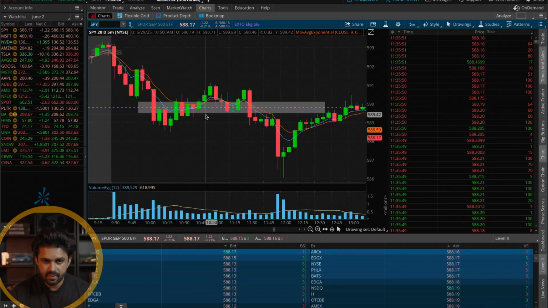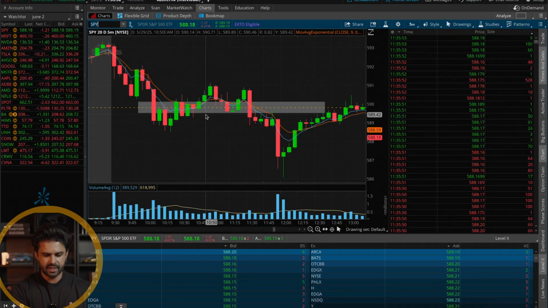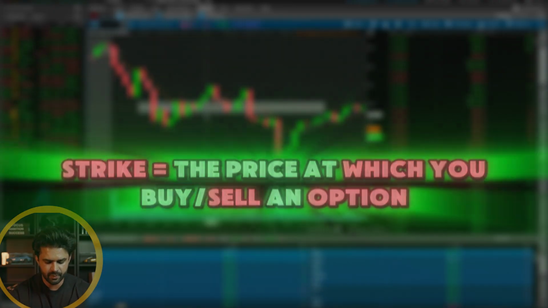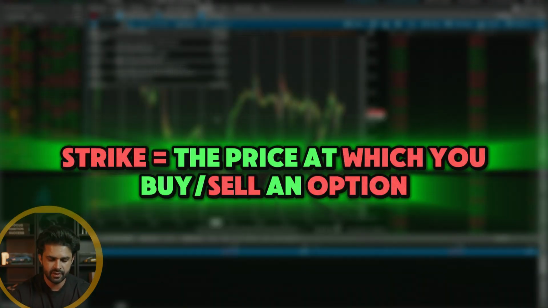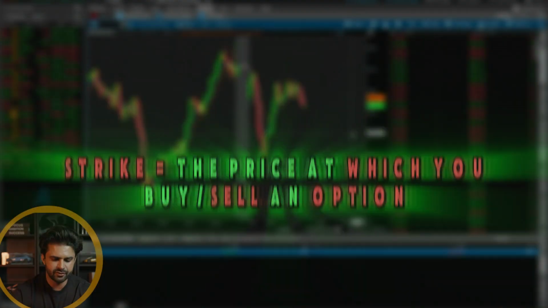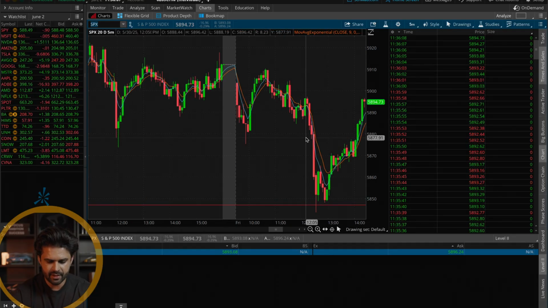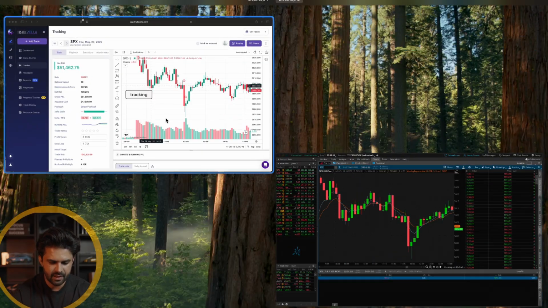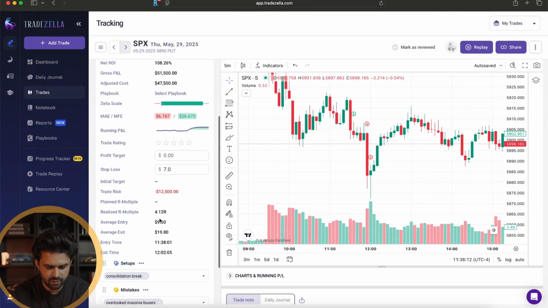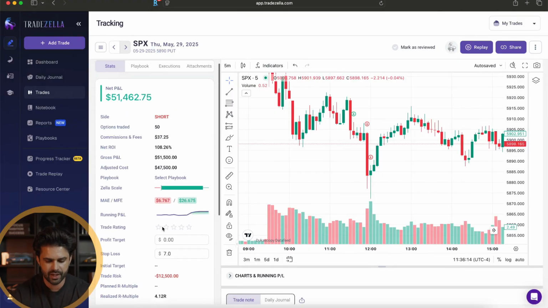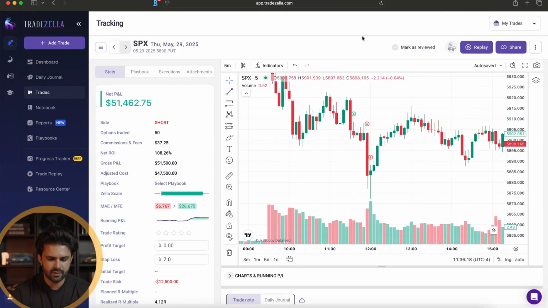So that's the one aspect that we've kind of taken care of. Second aspect, which is very important, is the strike selection, right? This is something a lot of traders don't understand how to trade. If you have a small account, and you guys can see here, these premiums were around $9.50 when I jumped in. If you have a smaller account, you're not going to be able to afford these particular premiums at